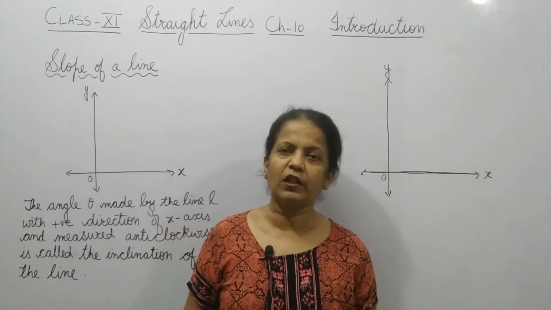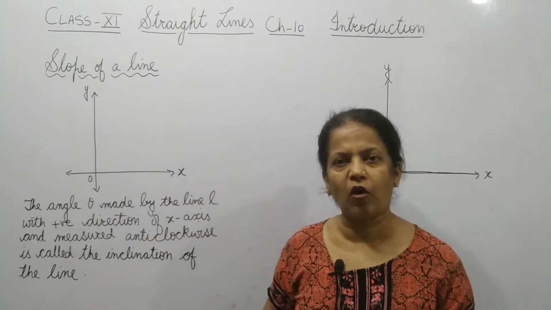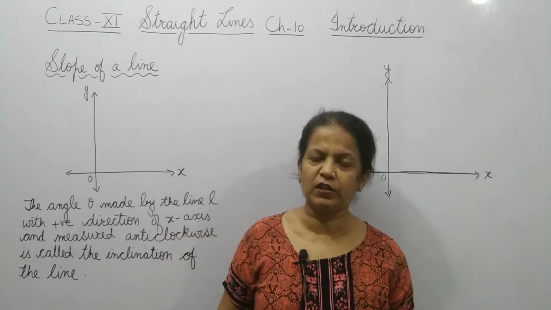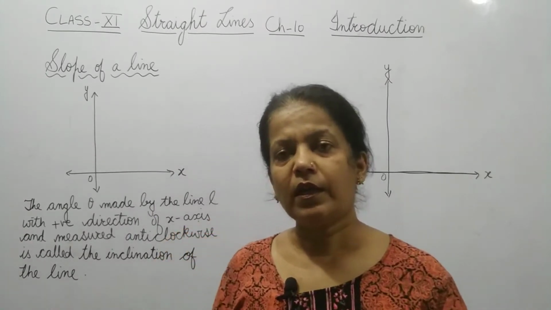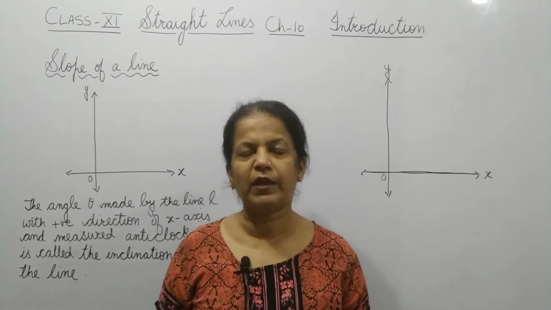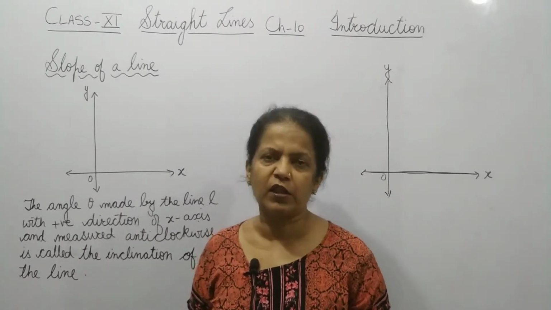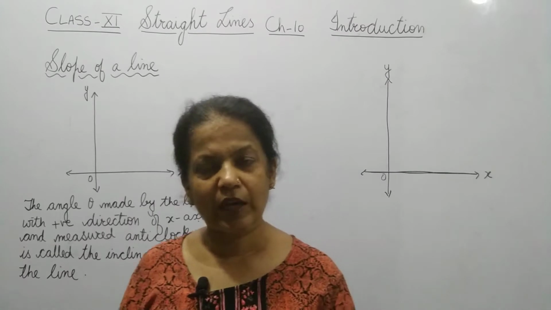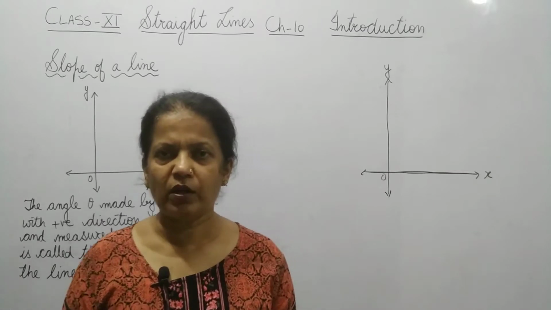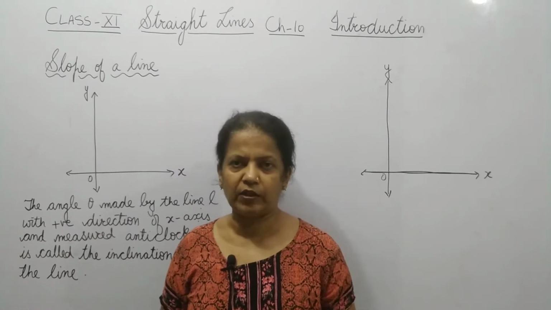In our 10th class, we did coordinate geometry, in which we learned to find the distance between two coordinates by using the distance formula. Then we did how to find the point which divides the line segment internally in the ratio m/n. And then one more concept, the area of a triangle: if the coordinates of three vertices are given, how to find the area of the triangle. This concept we did in 10th class.